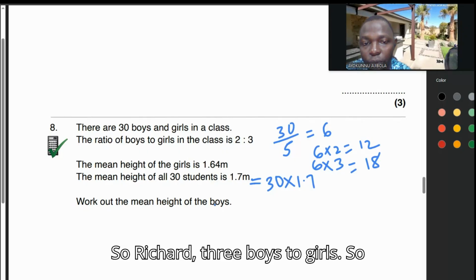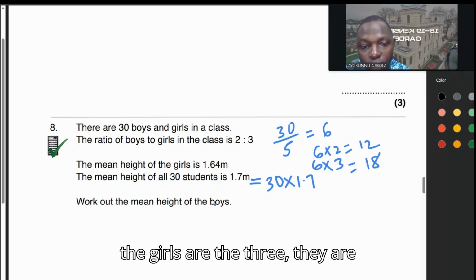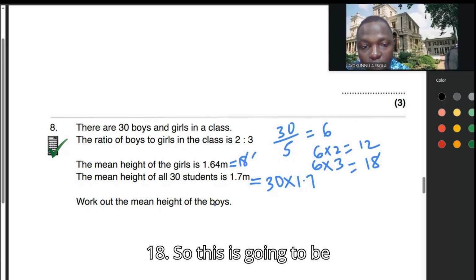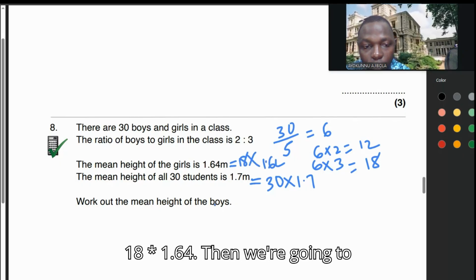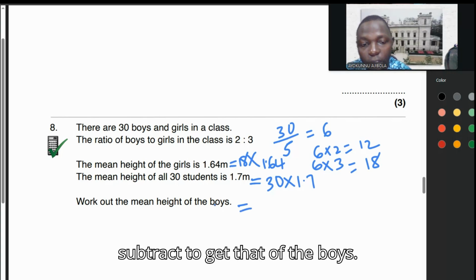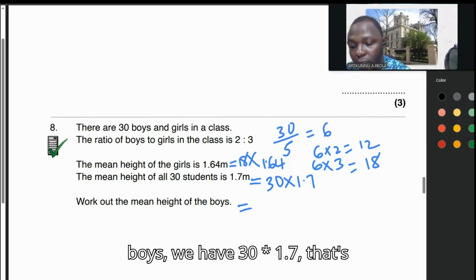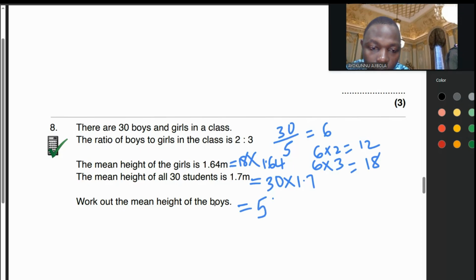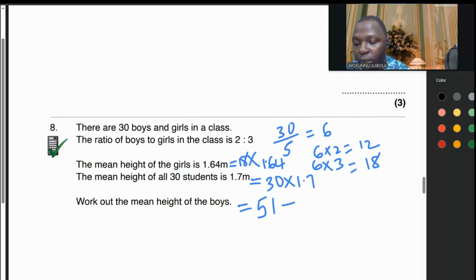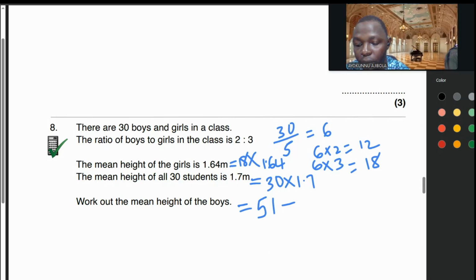And how many girls are there? The ratio of boys to girls is 2 to 3, so the girls are 3 parts, they are 18. So this is going to be 18 times 1.64. Then we're going to subtract to get that of the boys. So to get the total of the boys, we have 30 times 1.7, that's 51, minus 18 times 1.64, that's